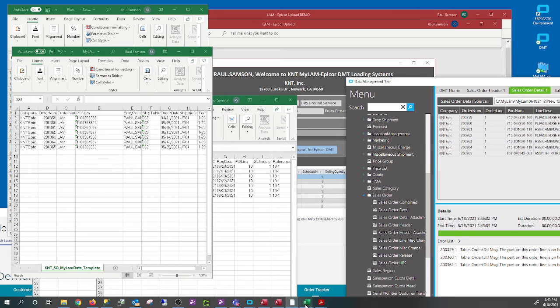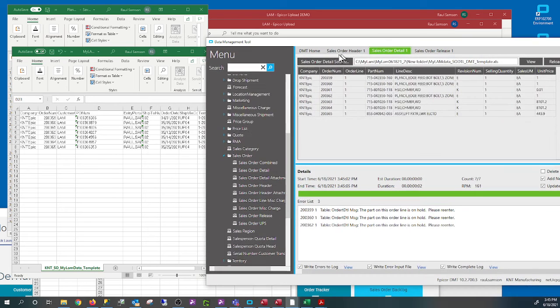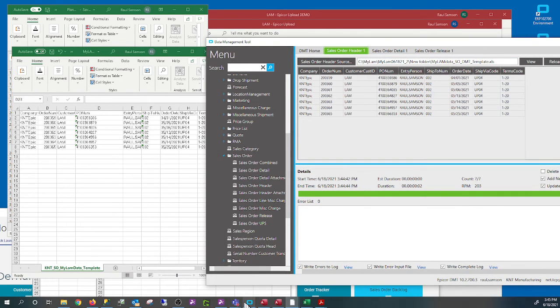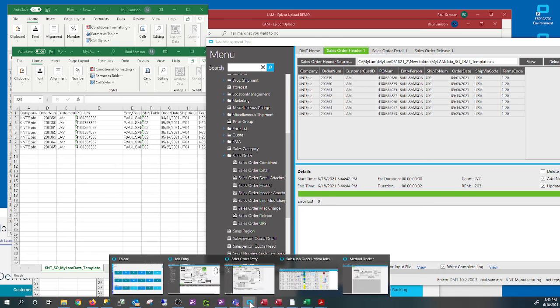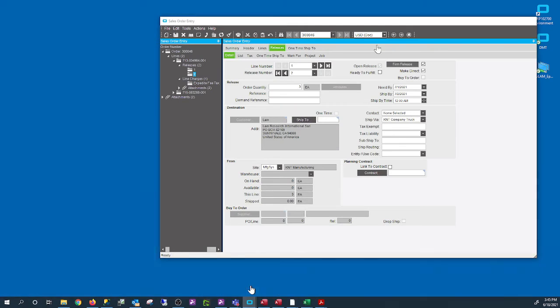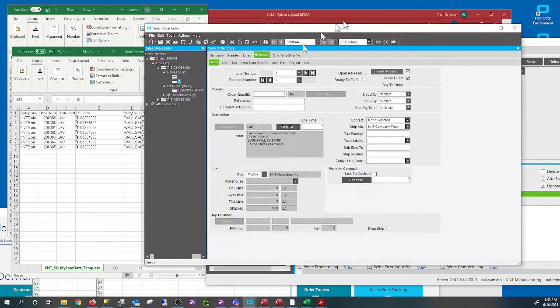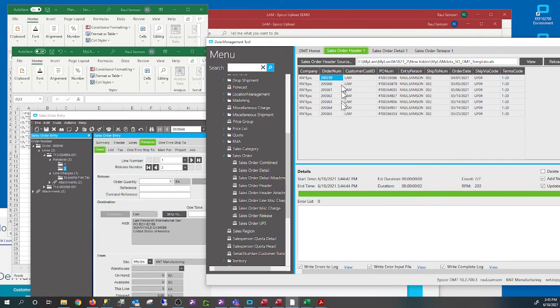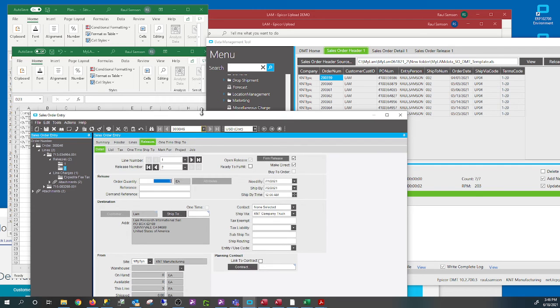It's because if you go back to the sales order in Epicor, we're going to open that sales order. You need the part number, right? So you need to go to the order detail line, get the part number and open that there.